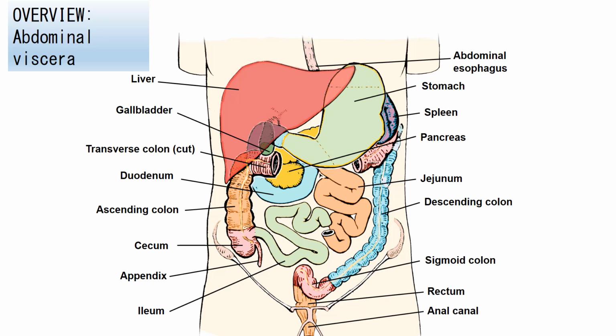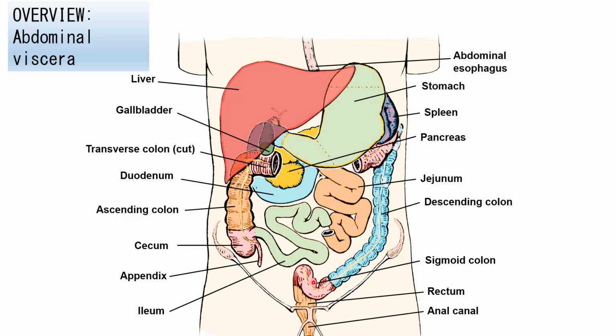The large intestine will consist of your cecum, with the appendix attached to it, the ascending colon on the right side of the abdomen, it's retroperitoneal, or actually secondarily retroperitoneal, the right colic flexure, also called the hepatic flexure, the transverse colon is peritoneal, the left colic, also called the splenic flexure, the descending colon on the left side of the abdomen, which is also retroperitoneal,